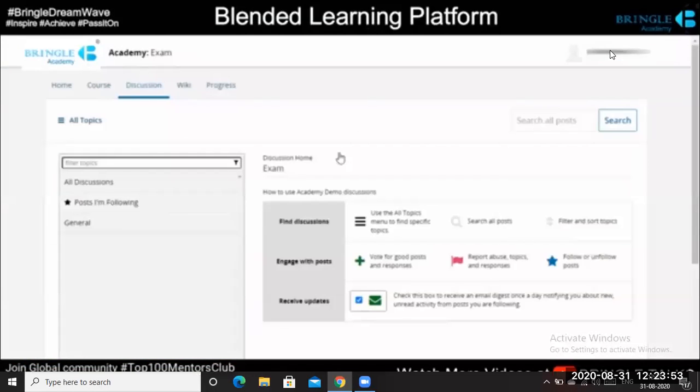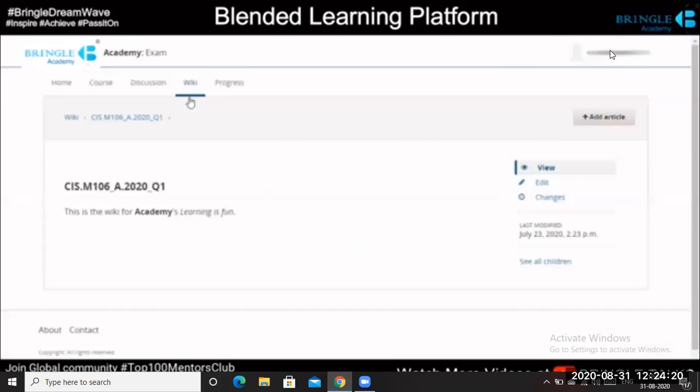Every course also comes with a discussion forum. You can post a question, your peers will answer it, and you can also answer it, and it gets supported. The most voted answer goes to the top, things like that. You can also follow a thread to receive a daily update or digest that will help you understand the discussions that happen in that particular thread.